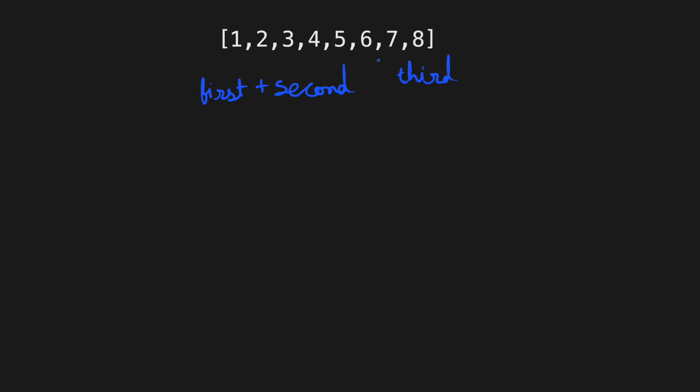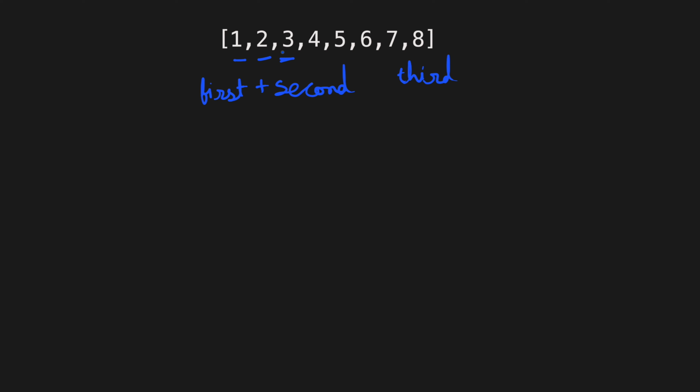If it does, we extend the sequence. If it doesn't, we stop the sequence. For example, first we pick up 1 and 2 and sum them up and get 3. Then we check, is 3 present in the array? The answer is yes. So we extend the sequence and now our first becomes 2 and second becomes 3 and